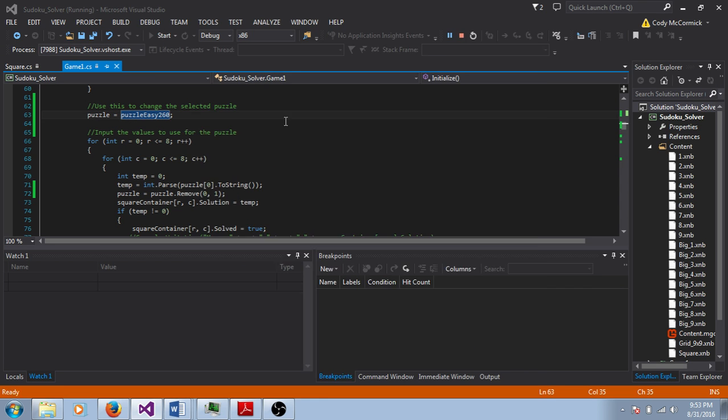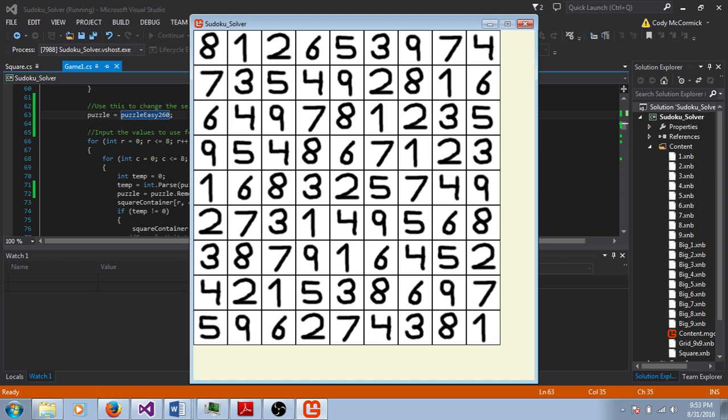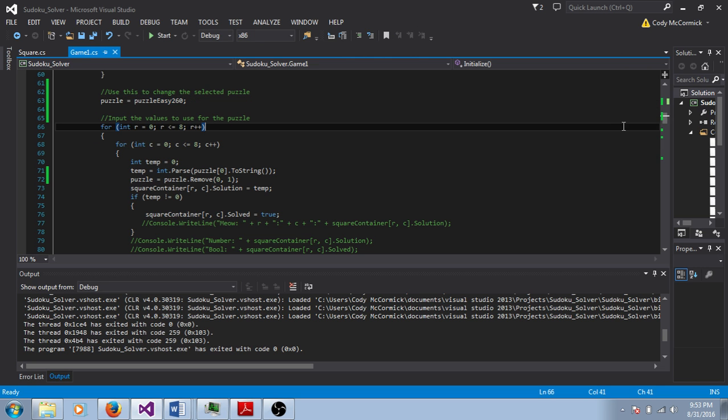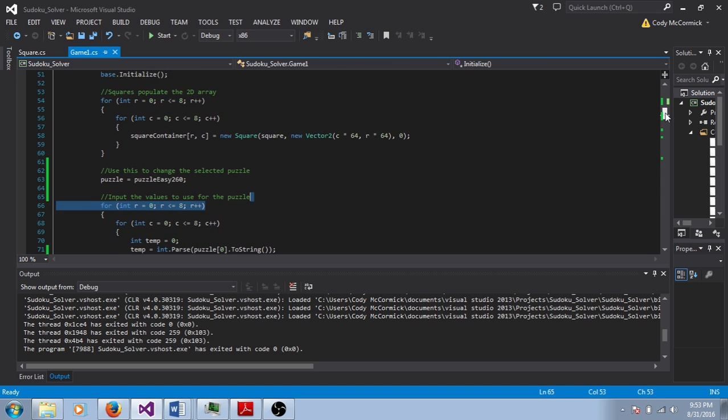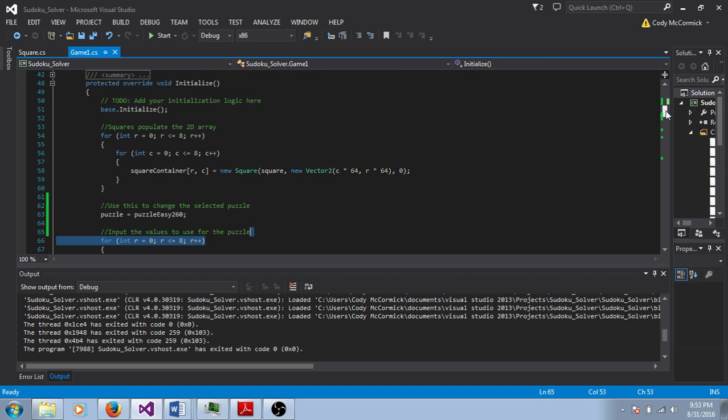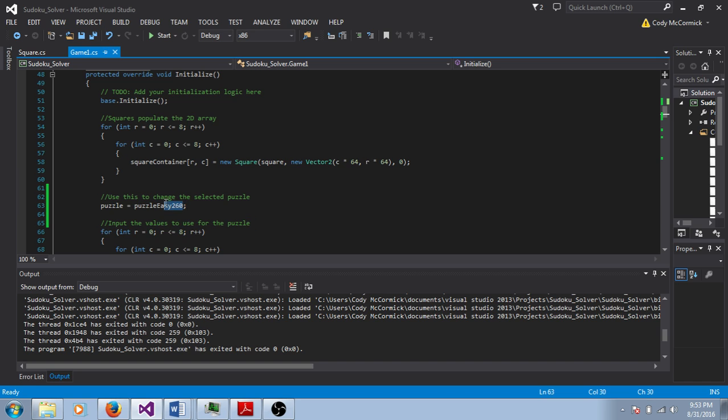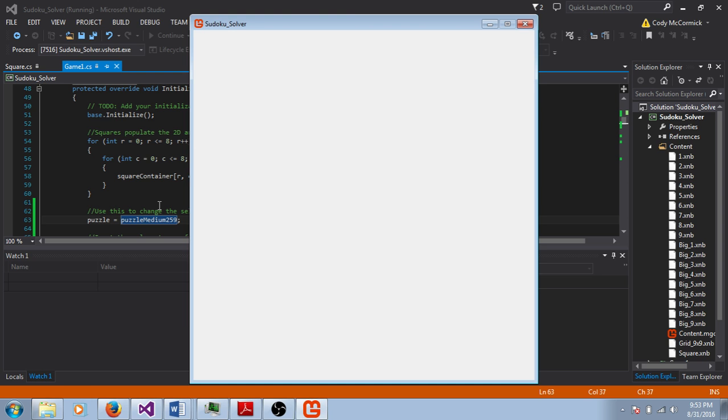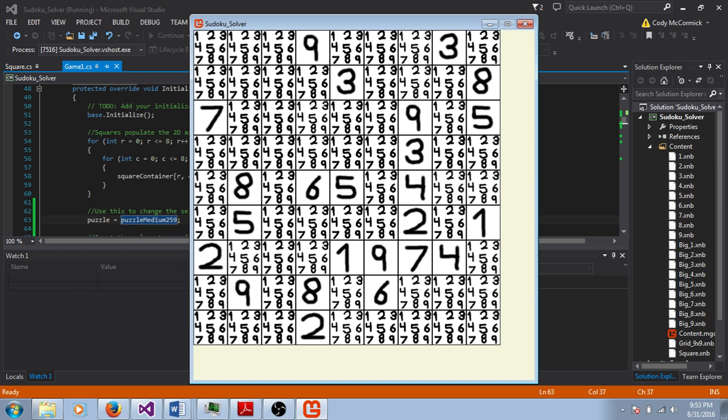This is a different puzzle. It's 260. The last one was 259. This one seems to work as well. I did not set up for second inference solving, so I actually have a medium puzzle loaded in. We'll take a look at that. You see that it didn't really solve any of the values. So even though we have